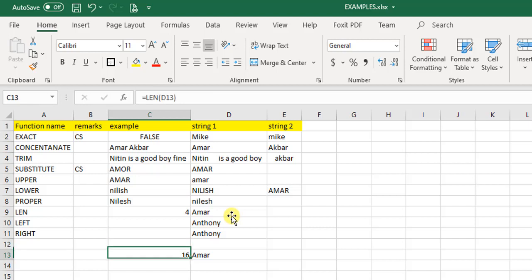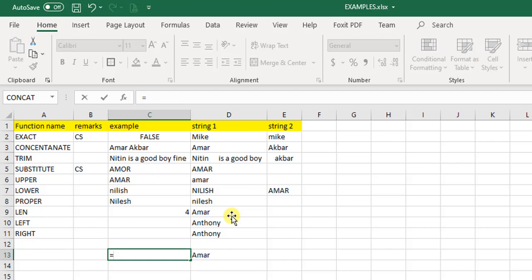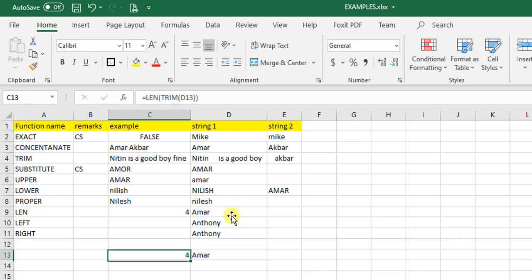So what we will do is, we will change the function and we will tell it to please calculate the length, okay, but before calculating the length I need the word to be trimmed. So the trim function will remove the spaces and then we close the length function. So in this particular case it will return 4. So both used together will give you the exact length. Okay, so I hope this is clear to you.